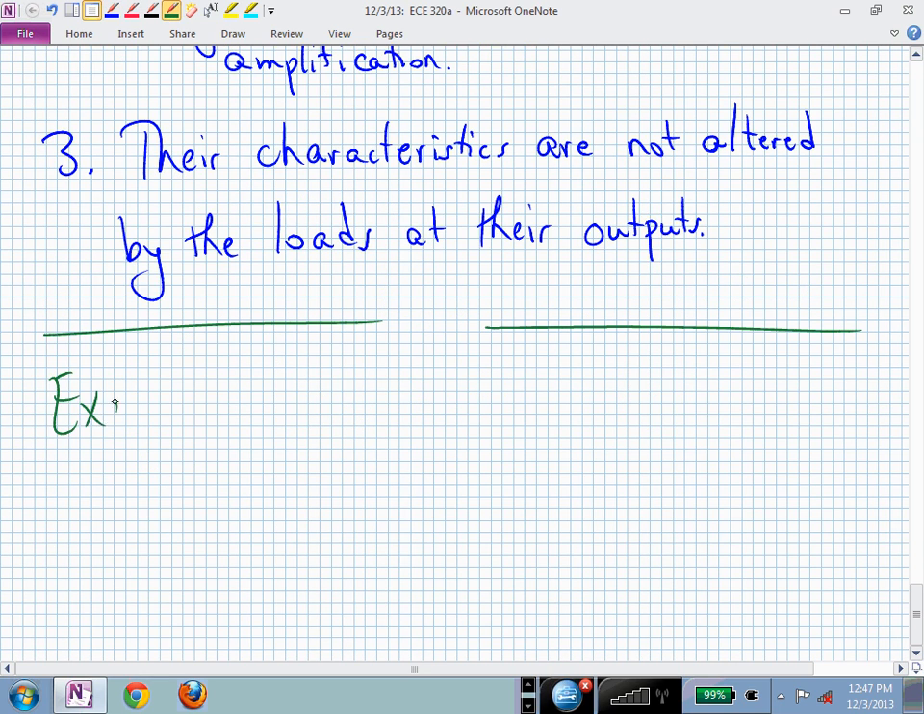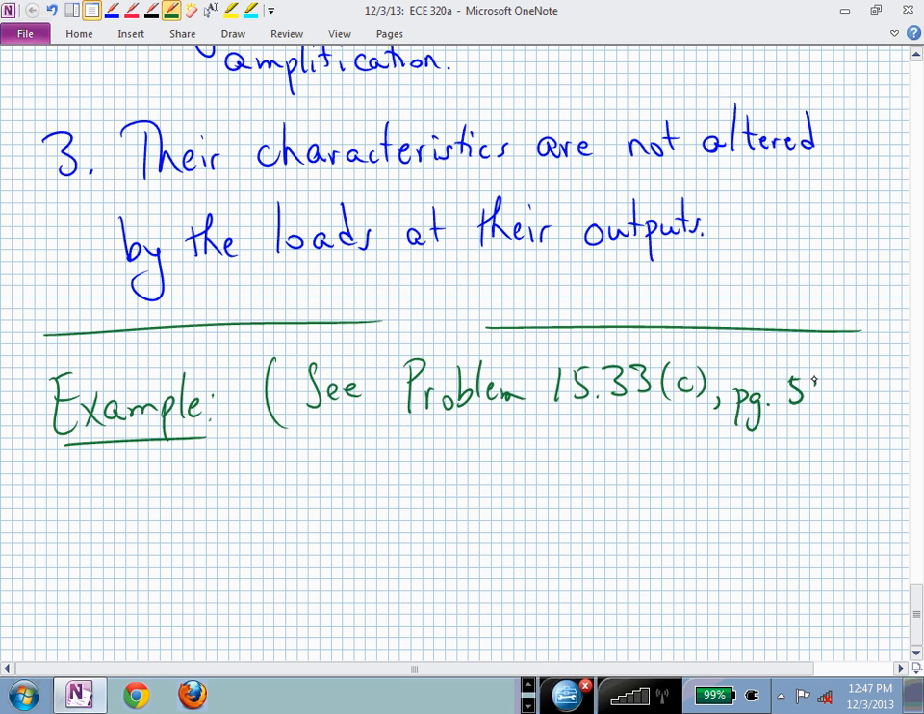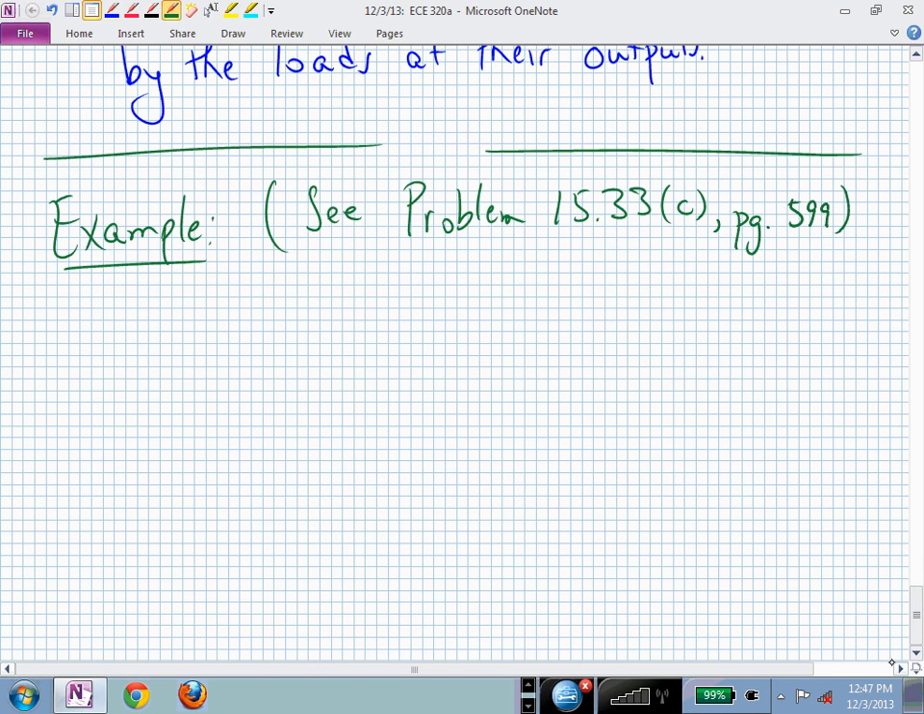Let's look at an example. Now that you are becoming experts at analyzing circuits, deriving the equations that govern these circuits, this is actually a problem in the textbook, problem 15.33, part C, apparently. Oh, and I even have the page number. Wow. That's on page 599. Couldn't quite make it to 600. But now what's this circuit look like? Now we have an active filter